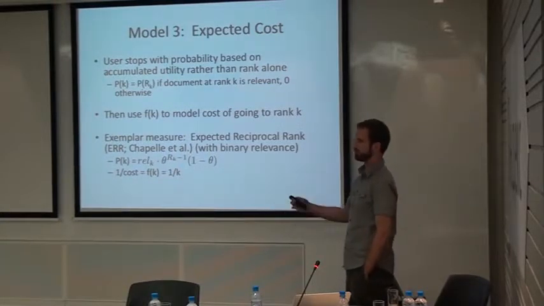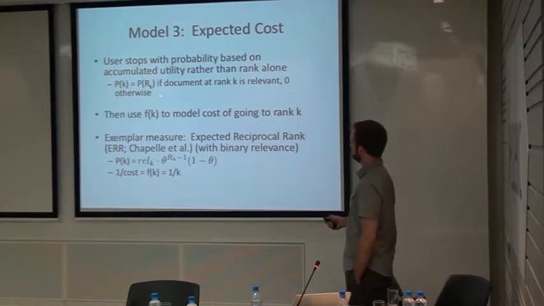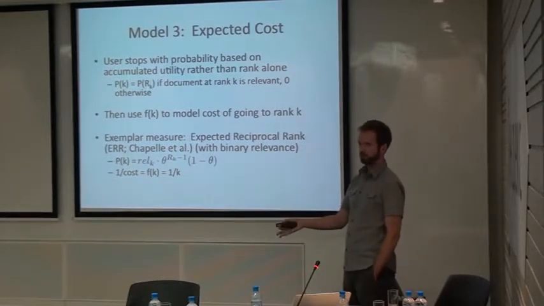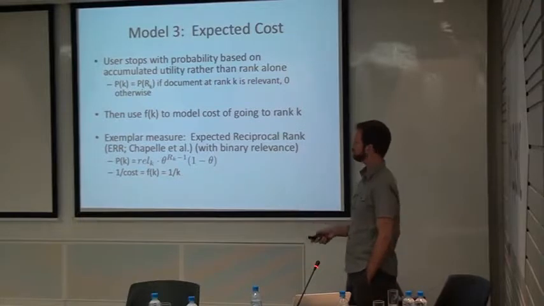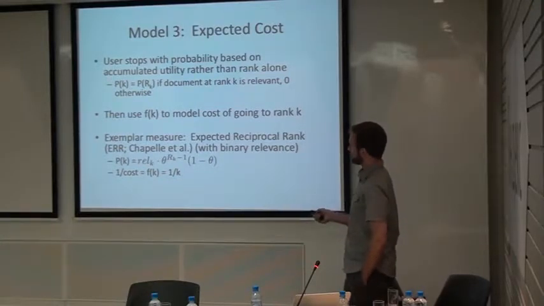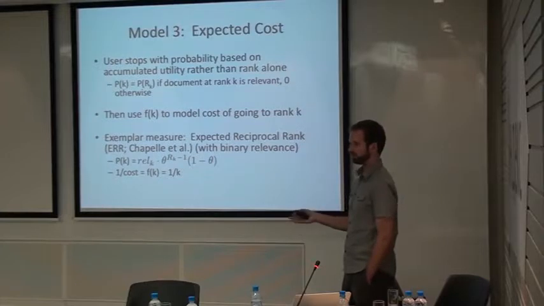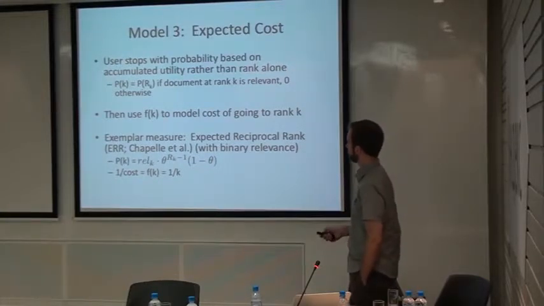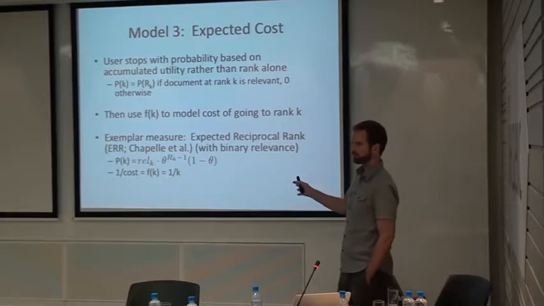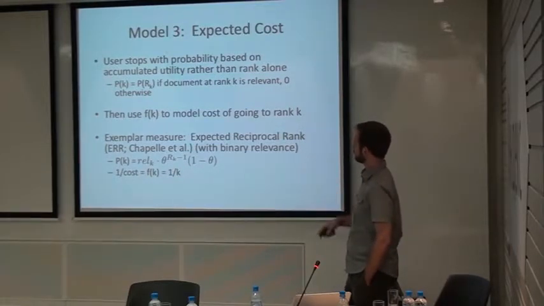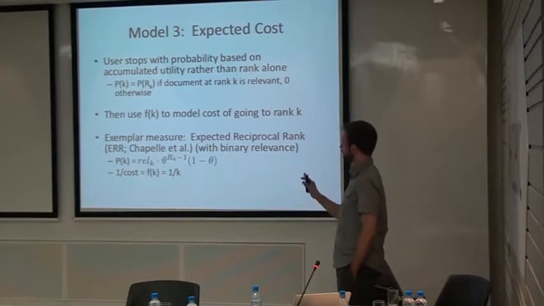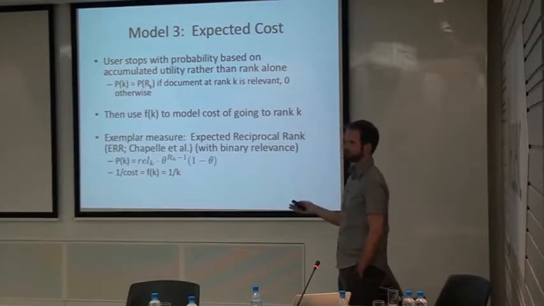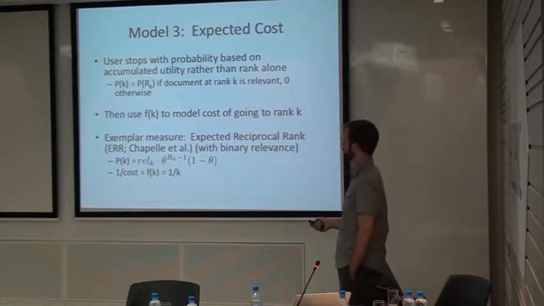So essentially the probability of viewing the document at rank k is the sum of the probabilities of stopping at all documents from k onward. So the probability that you see the document at rank 2, for instance, is the probability of stopping at rank 2, plus the probability of stopping at rank 3, because if you stop at rank 3, you see rank 2. Stopping at rank 4, because if you stop at rank 4, you see rank 2, and so on. We'll call that F of k, and F of k is essentially a cumulative probability density function.